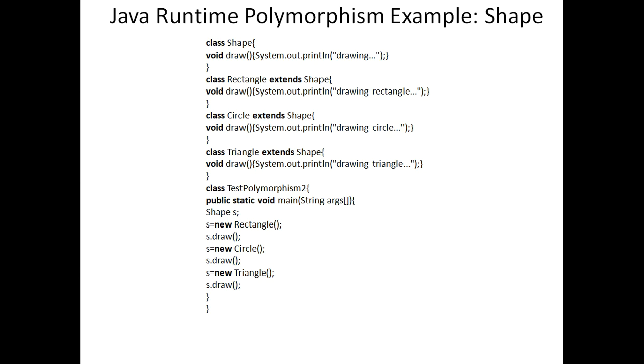For this concept, the compiler doesn't take any sort of decision. Everything is confusing for the compiler at this moment, because it doesn't know which one to invoke. It can see draw, but whenever it comes here, multiple draws are there. Which one to invoke? Here the compiler cannot take the decision. During runtime, based on this particular reference, the decision will be taken.